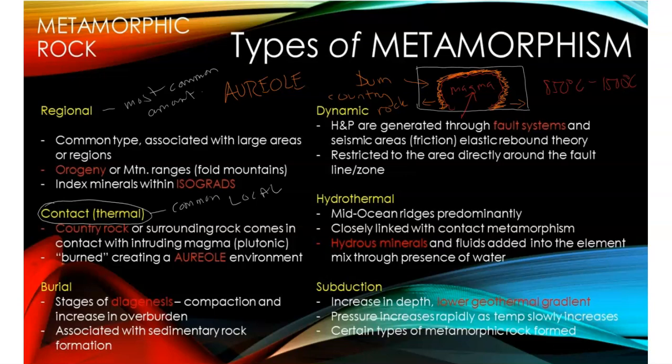So you get different types of metamorphism from higher grade to lower grade based on temperature around this aureole in the country rock. And it's an awesome thing to find in either volcanic regions or volcanic arcs or any kind of